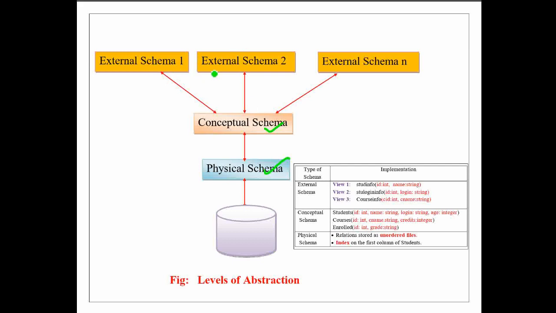Where view schema describes the collection of views that are derived from the conceptual schema. And these views contain the part of the entire database so as to serve the specific needs of particular group of users. Since these views are not actually going to be stored into the database, these views are also called as virtual relations. And this view level provides the highest level of abstraction for the data stored into the database.